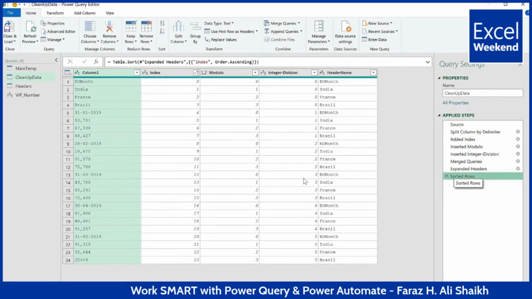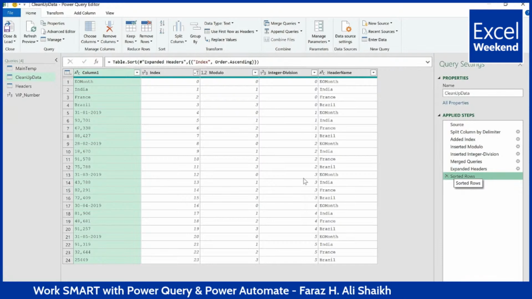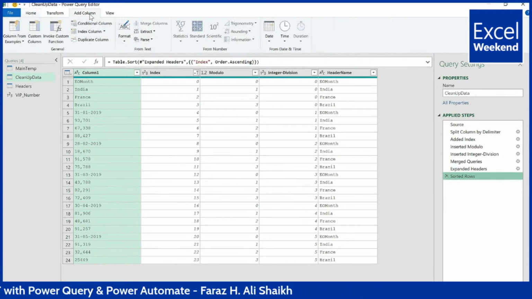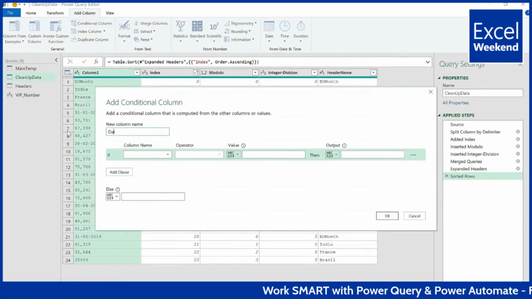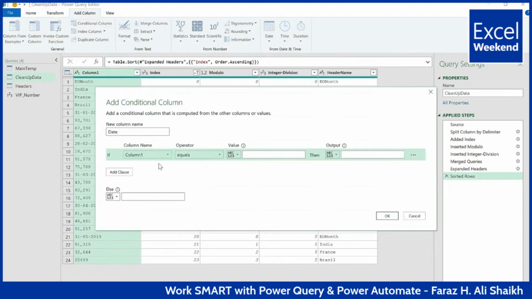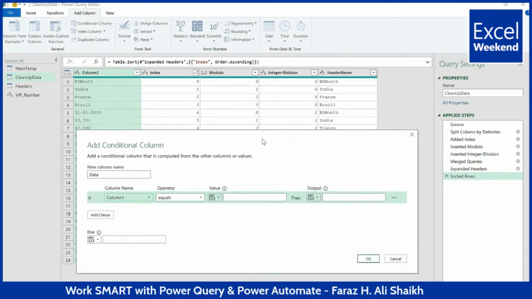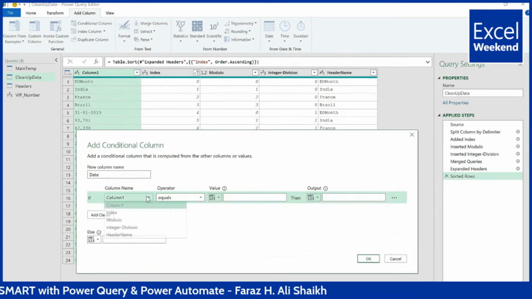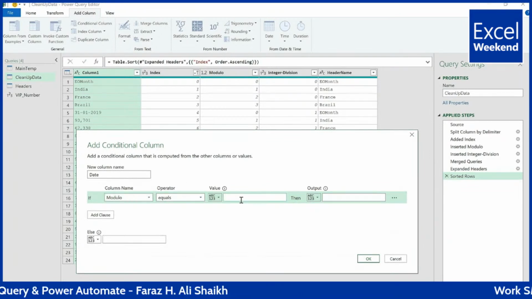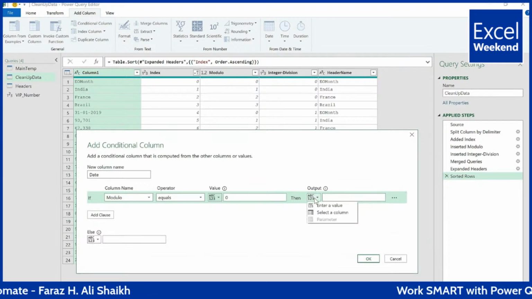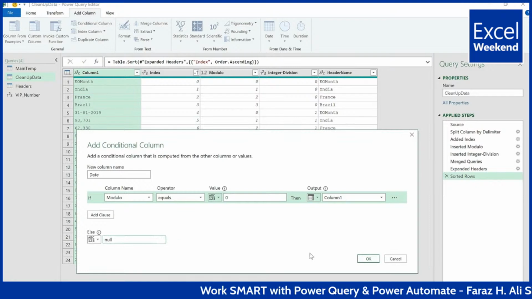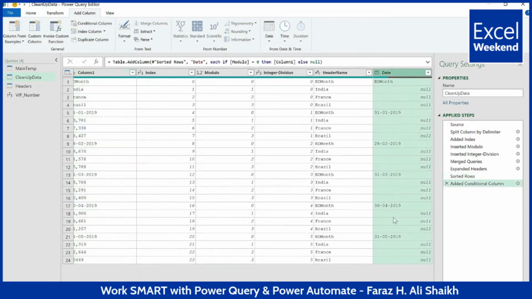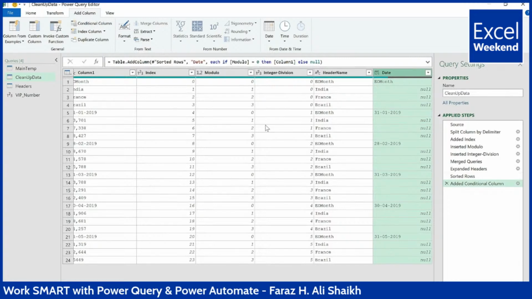Once we are done here, what we'd like to do is extract those dates from here. So I'm just going to go to add and add a conditional column, which is over here. With this conditional column, I'm going to call it my date. And I'm going to select the modulo column, where it equals 0, then return me the column 1, or else give me null. That's super easy. So we got that date column, we got all those dates,